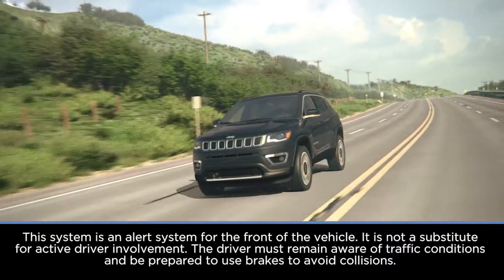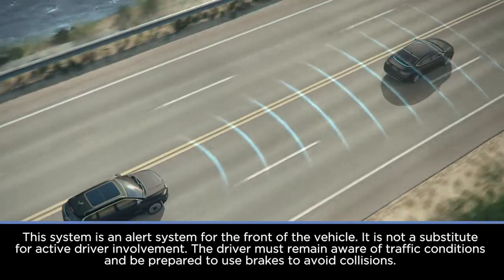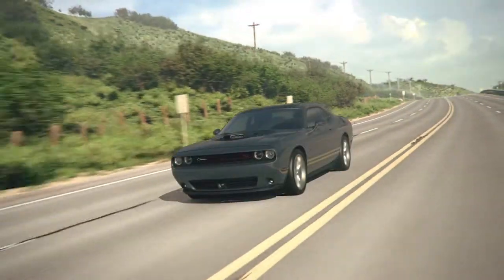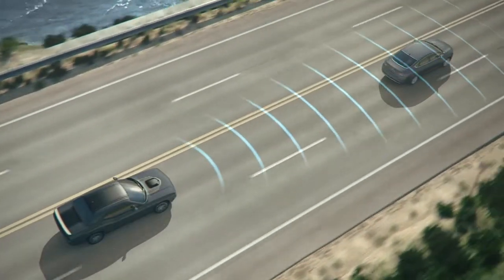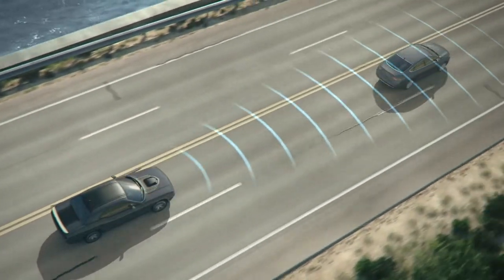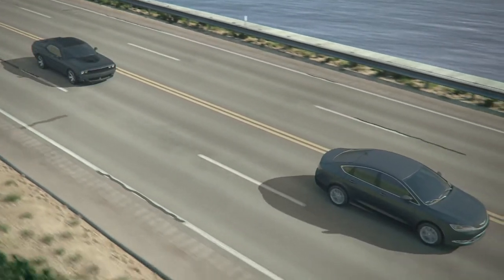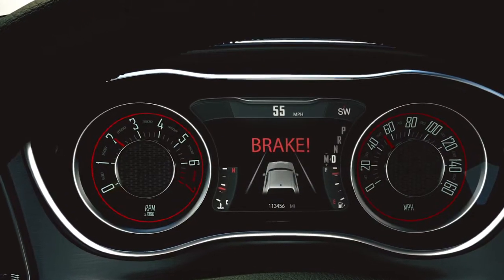If equipped, the Forward Collision Warning System, or FCW, can warn you about potential front-end collisions. FCW uses data from the front sensors, electronic brake controller, and wheel speed sensors to calculate a probable collision. When the system decides a forward collision is probable, it delivers audio and visual warnings and a possible brake jerk